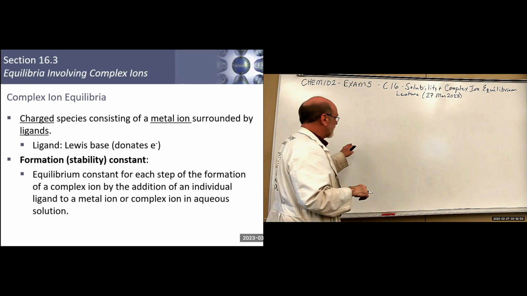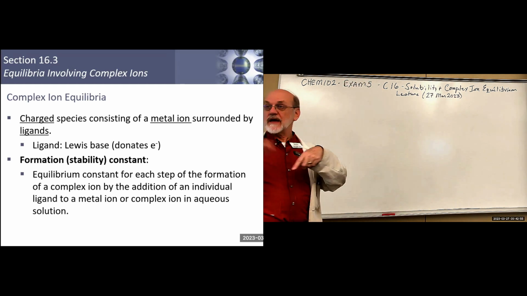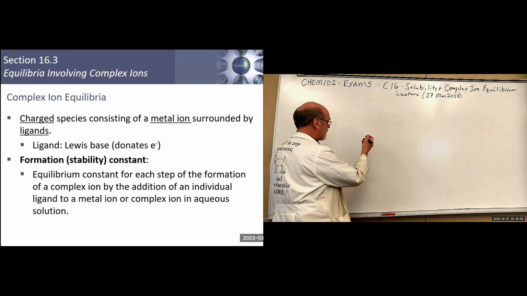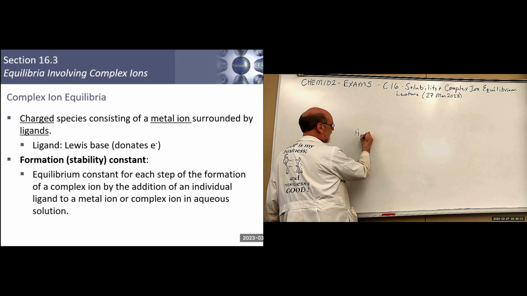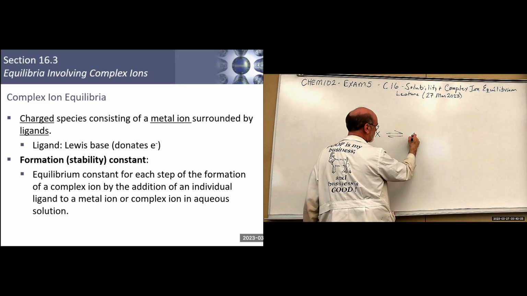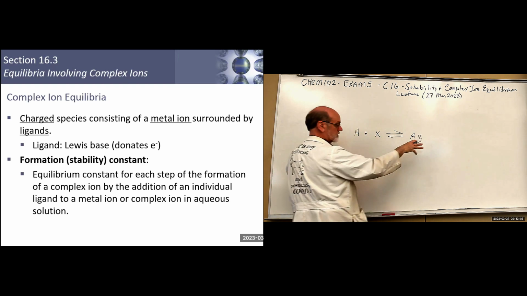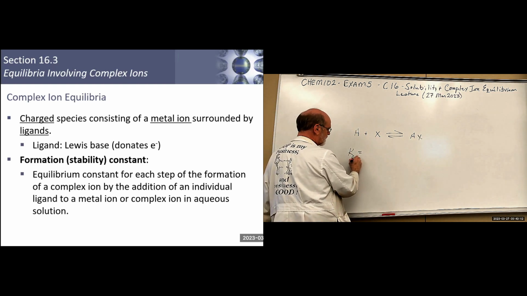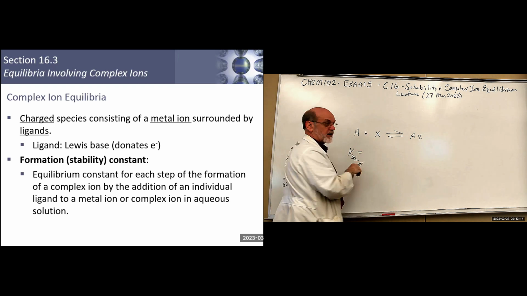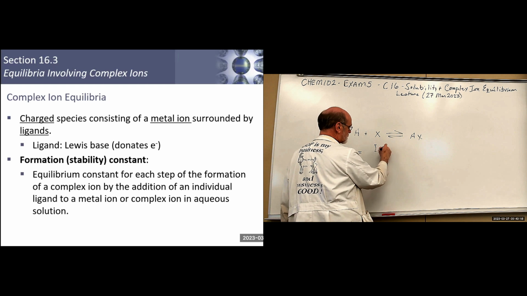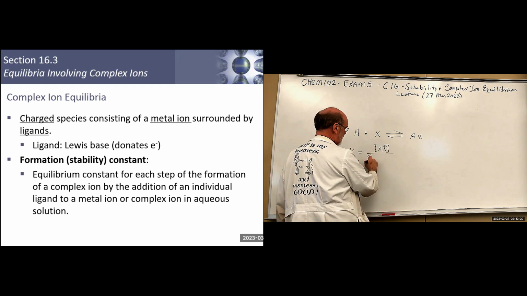And the complex ions that form also have their equilibrium constants. Right? So if you have an A plus your complexing agent, it sets up like this, and they're all in solution, but we still have a K. And in this case, the K equilibrium includes all of them because they're in solution. Right? So you would have AX divided by the A plus